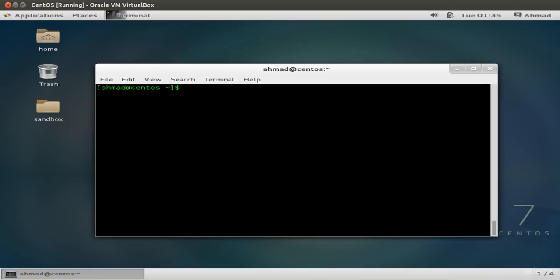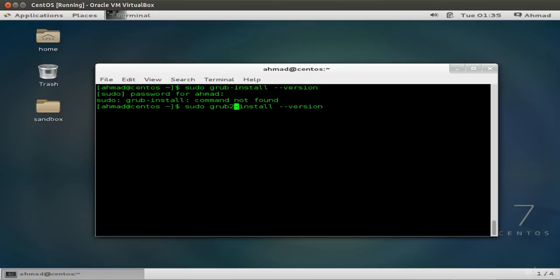So in this system we wouldn't have grub, we would have grub2. And one of the ways to know that, besides that menu.list file, is to type in grub-install. Since we need root privileges for that, I can type in sudo grub-install --version, so that it shows us the version. The grub-install command is not there, so let's type in grub2-install, and it shows that the version for